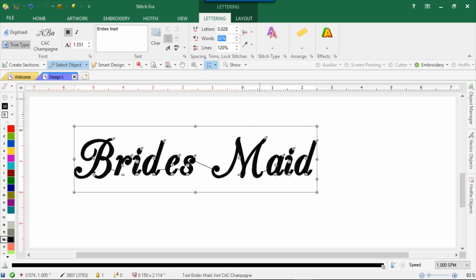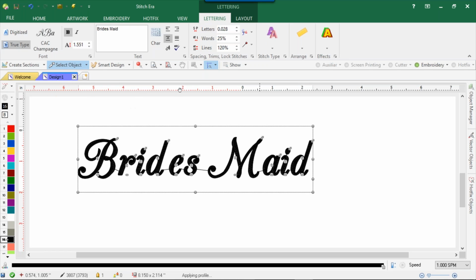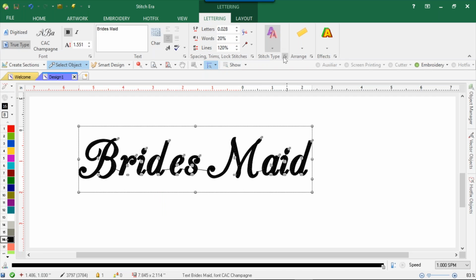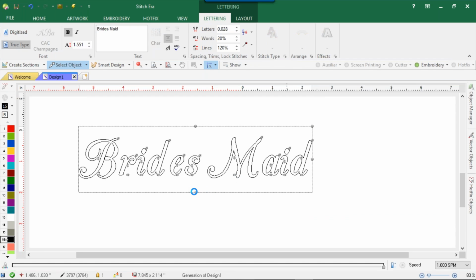That looks good. Spacing between the words, I'm going to bring it close because we're going to arch this, okay? Go to 20. And now what I'm going to do is arch this, okay? One thing we can do with arch is see,